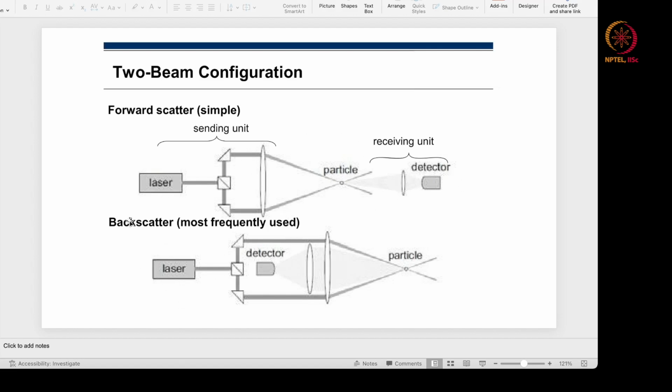The backward scatter requires a little bit of engineering, but at the same time, it has the advantage that it can be integrated within the optical system, and therefore you don't require external alignment and maneuvering, which is a big deal. Because in the forward scatter, or any side scatter as a matter of fact, you need to put the receiving unit so that it is perfectly focused, and it can come from any particular direction, etc. So this needs to be a very comprehensive unit, and it requires alignment, but this is